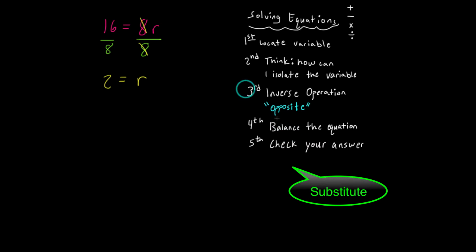Step 5 is to check your work. So I'm going to substitute 2 in for r in the original equation. So I'm going to change pen colors again. So I have 16 is equal to 8 times 2. I'm going to bring that 16 down. So I have 16 is equal to, well, 8 times 2 will give a value of 16, and this checks